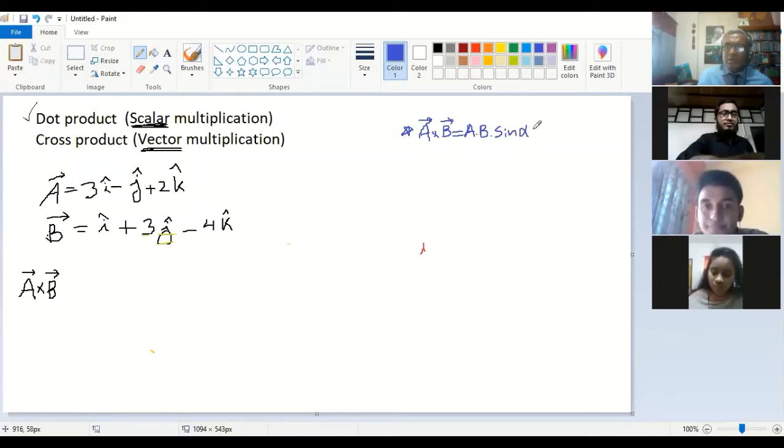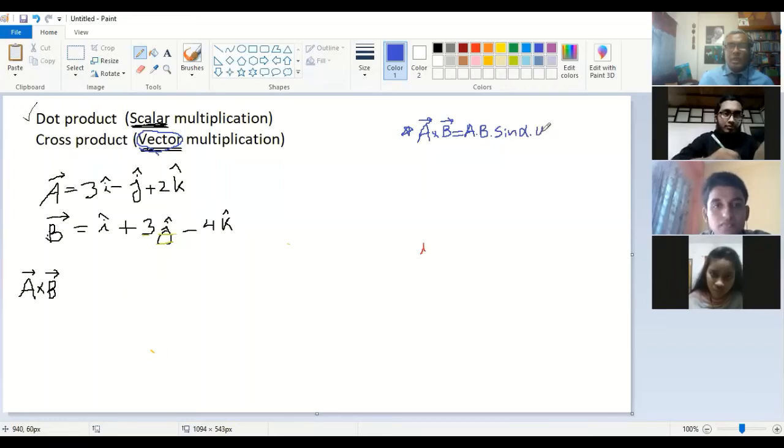And you have another thing with that, because I told you in the beginning today that when you do the cross product, the result will be a vector. A vector term means not only the number, there will be i, j, k, something. There will be a direction. So A, B, sine alpha, and you have another thing with that.